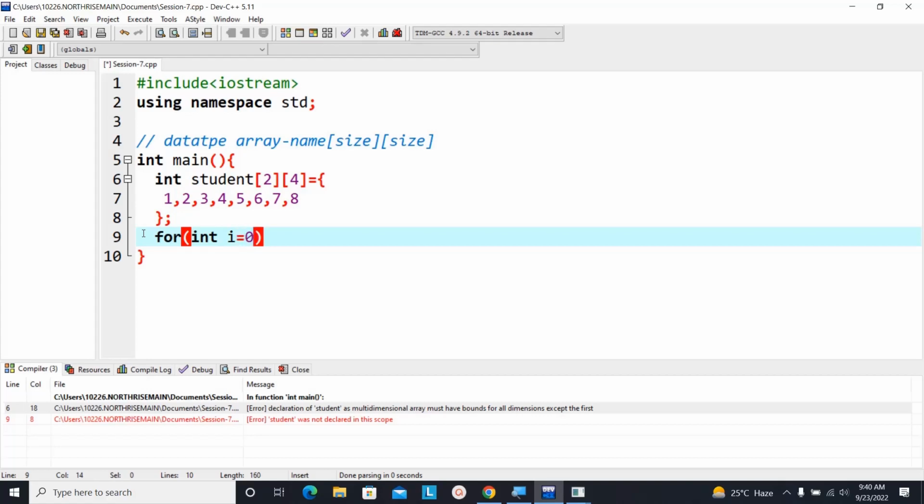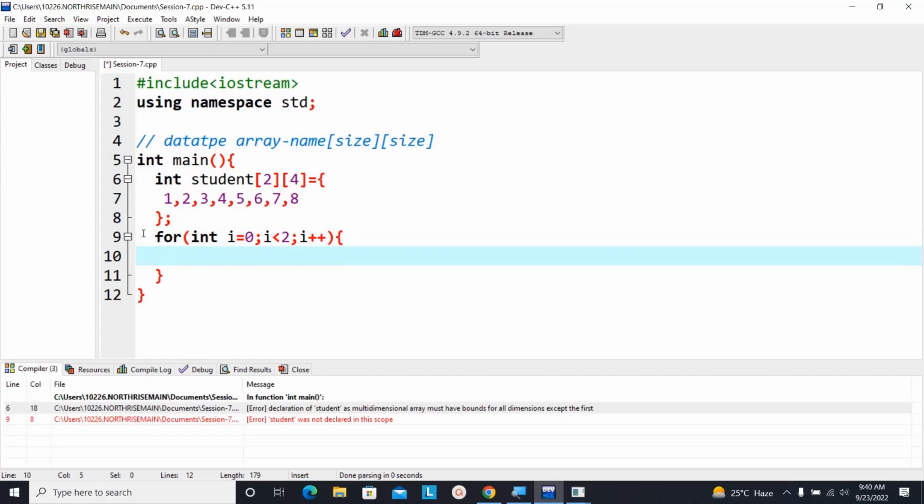So it's equal to 0. The next one is i less than, since I have only 2 rows, it's going to be 2. The 0th index and the first index. When it reaches the second index for the row, the condition has to fail. I hope it's making sense, isn't it so? So inside, I need to write another for loop, isn't it so? For the column, integer j is equal to 0, j less than, what am I going to use here? There are 4 columns, isn't it so? So I'm going to use less than 4,